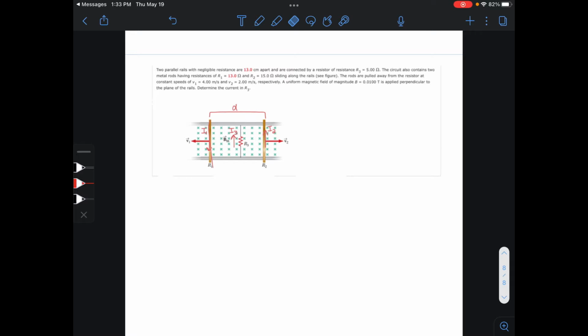respectively. A uniform magnetic field of magnitude B equal to 0.01 Teslas is applied perpendicular to the plane of the rails. Determine the current in R3. Okay, so I already took the liberty of drawing on the diagram, and hopefully that shows up well enough to show the kind of circuit we're dealing with. So this is called motional EMF, right? So we have EMF, but it's moving. So we can use Kirchhoff's rules here to develop a circuit and then determine